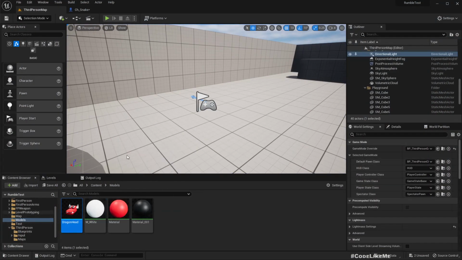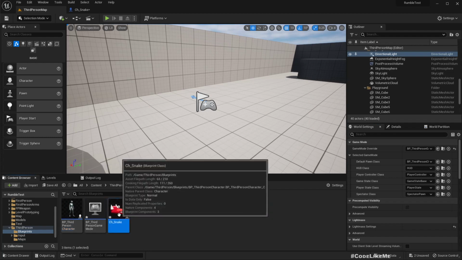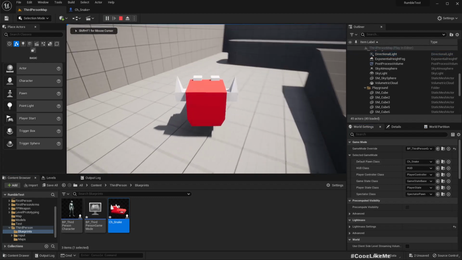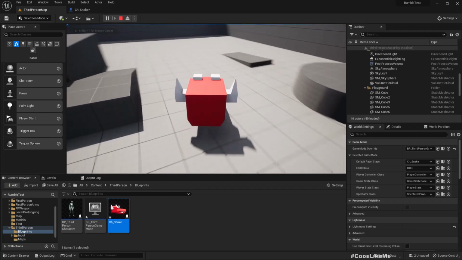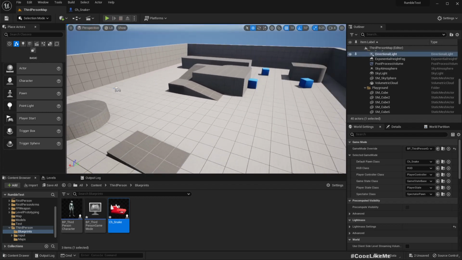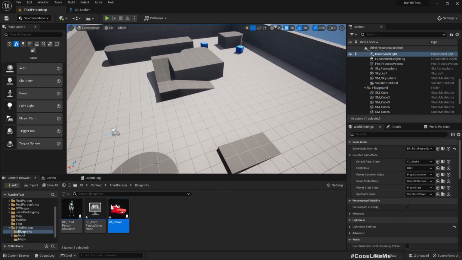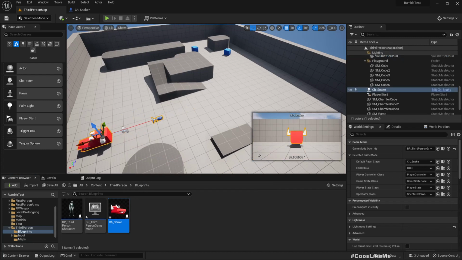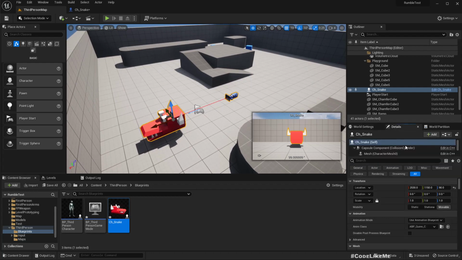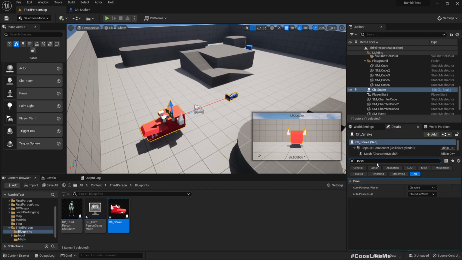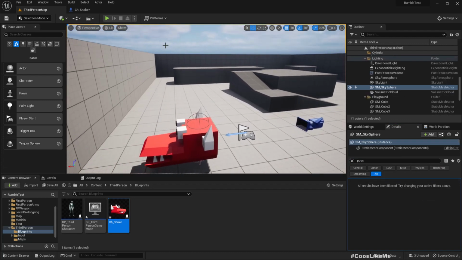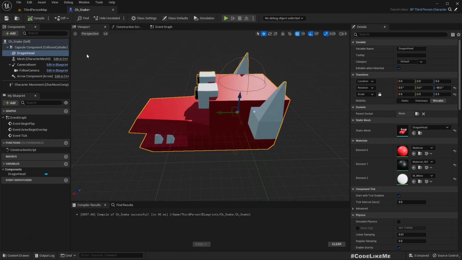Now, where was I? Okay, I'll assign CH Snake as the default pawn class. Okay, now this is what we get. We just have the head of the snake. Now the tail. I think it would be easier if I just place the character like this and process, because we are going to do some stuff in the construction script, so we need to see those changes. Right, now to add the tail,